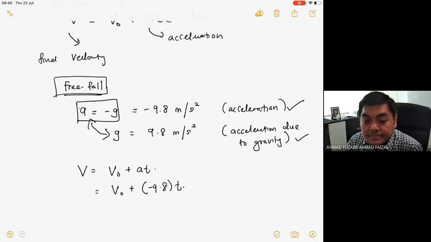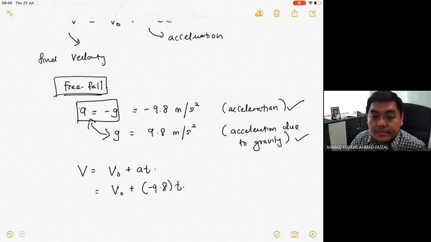Ada soalan tak? Okay. Ada soalan? Adam tanya,